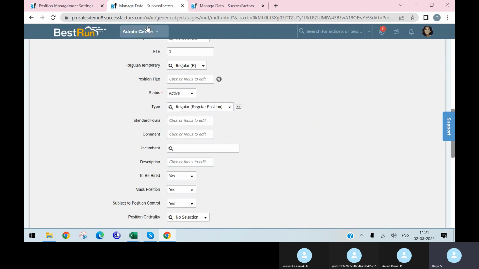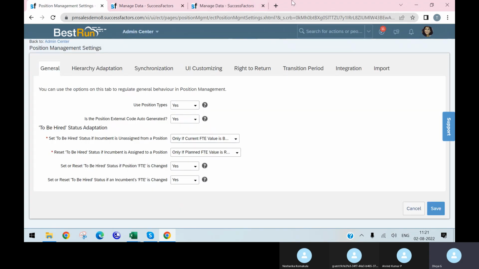Okay, then after that, to be hired status adaptation, like set to be hired status incumbents if assigned from the position, based on never, always, if current FTE value, like that we can select here. Okay, set to be hired status position FTE is changed to be hired. So I want to tell you,